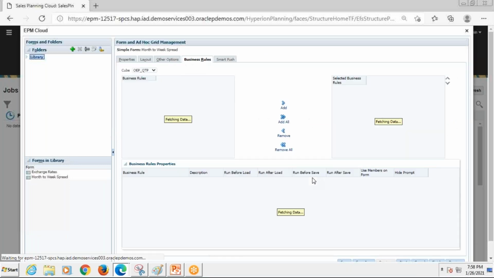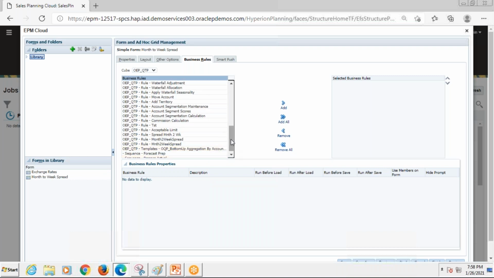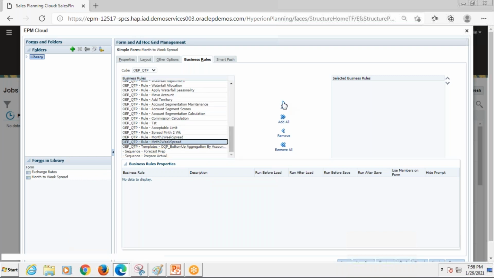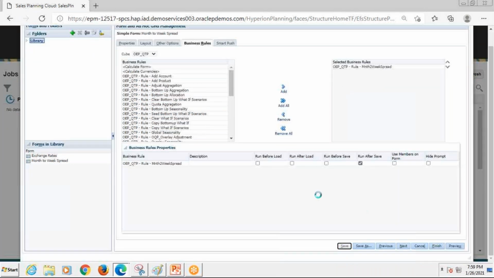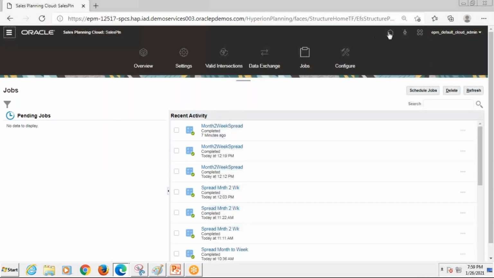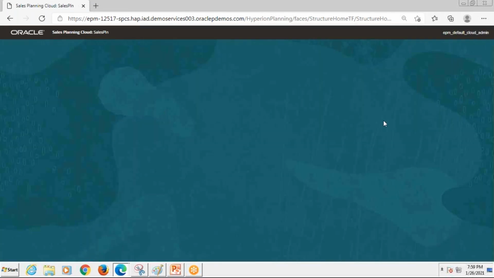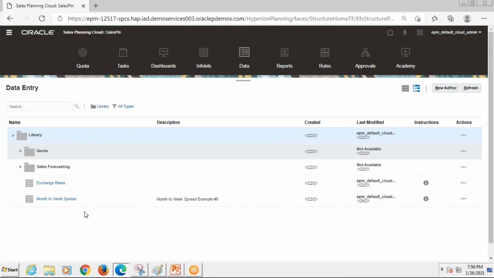So going to the rule attachment and finding the MNTH 2-week spread. The rule is available over here now. Run on save and just save this. Once the saving is done, we can finish it, and this part is going to tell us in which row for which member revenue band we have done the changes.